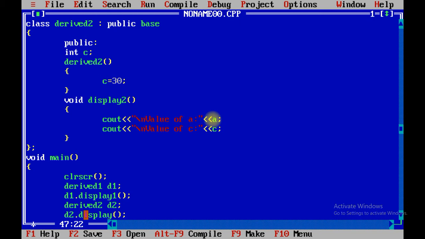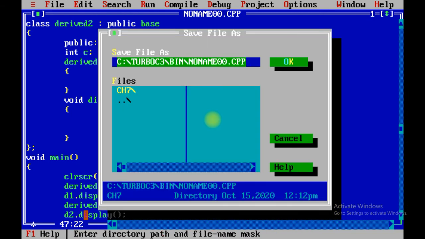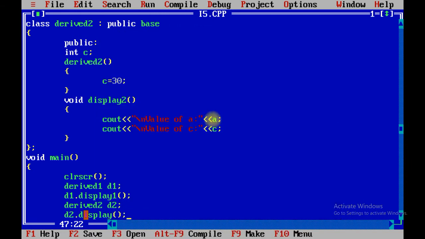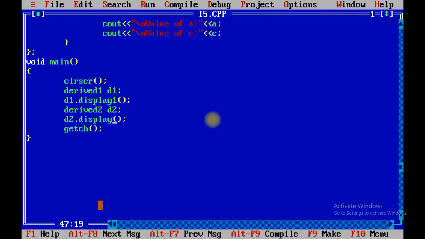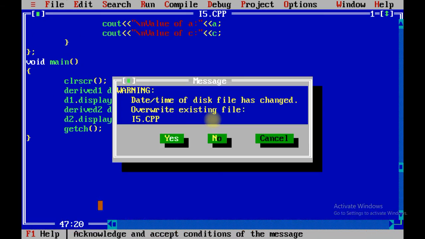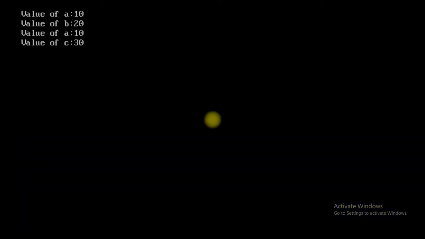So now what happens? Let me save the program first. Inheritance program 5. Now let us run the program. Okay, over here we need to put it in the display 2 function.